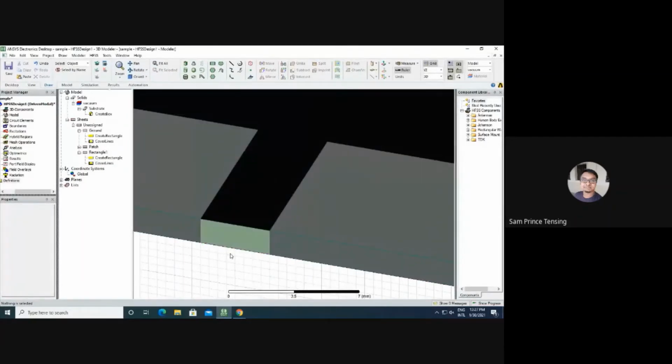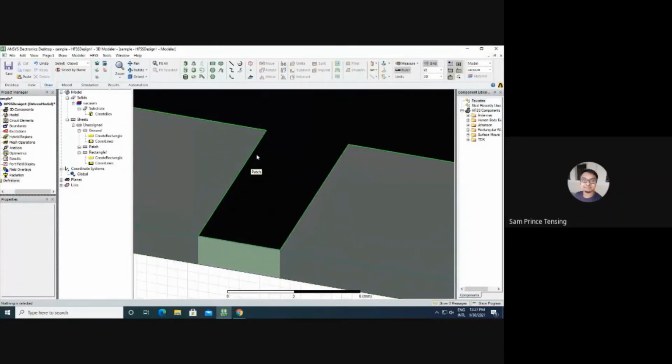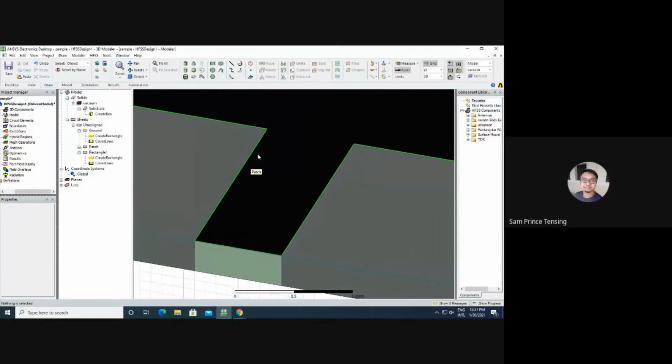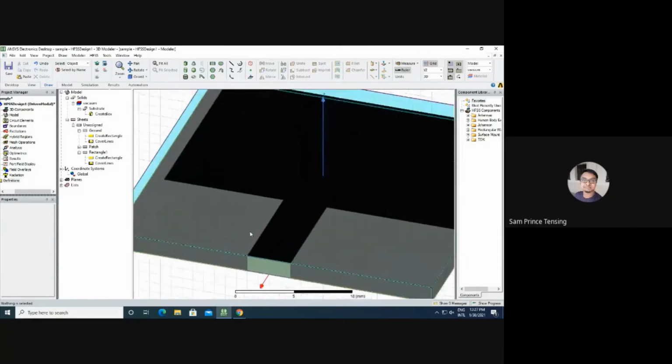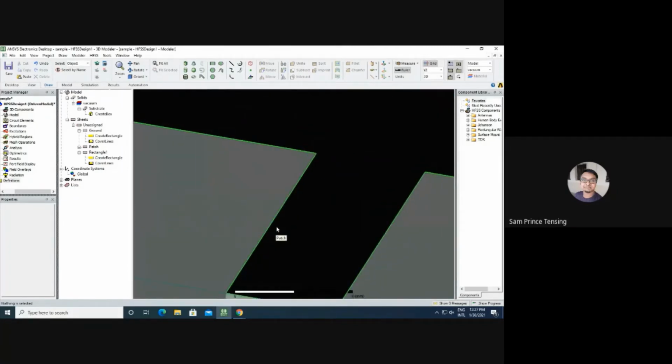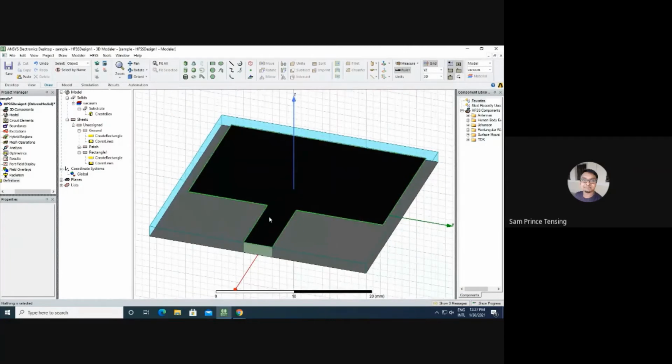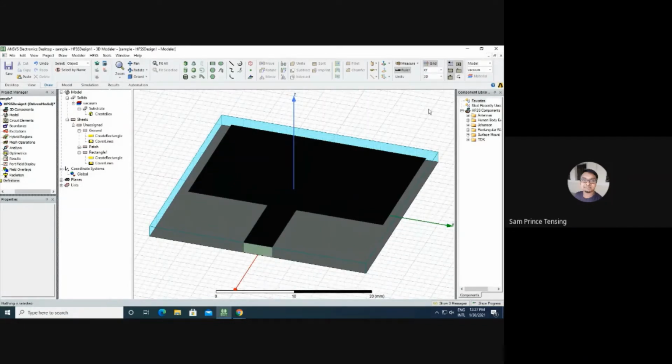And one more thing, if you zoomed inside like this, in order to get back to the original size of the antenna, you have to click Control D. In your keyboard, if you click Control D, it will come. It will fit inside the window, as you can see here. Okay, we have drawn the port now, and soon after you draw the port, we have to change it to the XY plane. Now it has been changed to the XY plane.